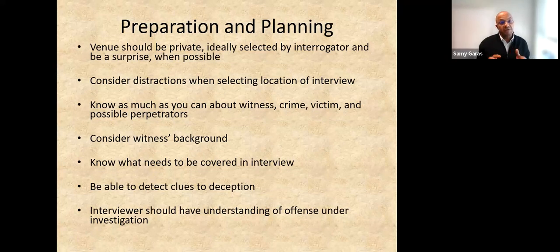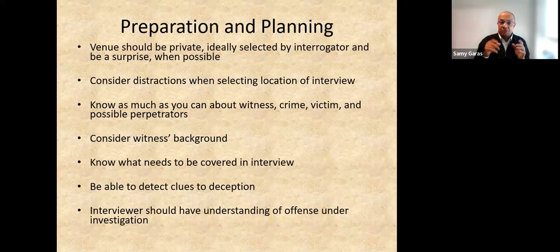When we do the interview, as I said, in general, we think about the third party witness, followed by the corroborative witness, followed by the conspirators, and then followed by the target. This is the process we should follow in general. Then we come to the questions. So first we think about the place, then we think about who will be interviewed, then we come to what we need to ask during the interview.